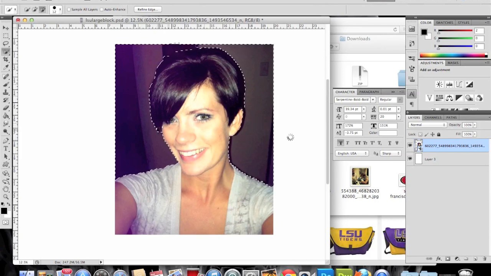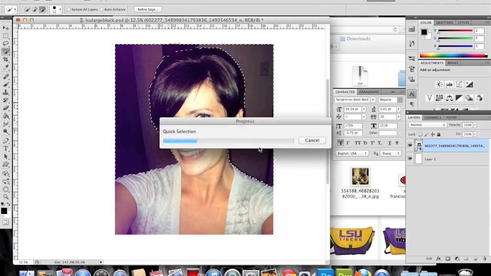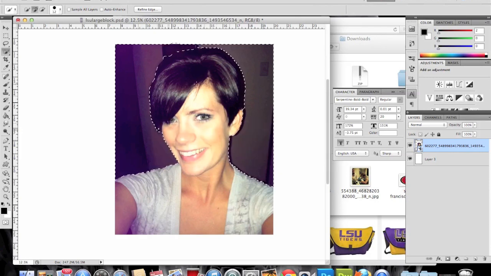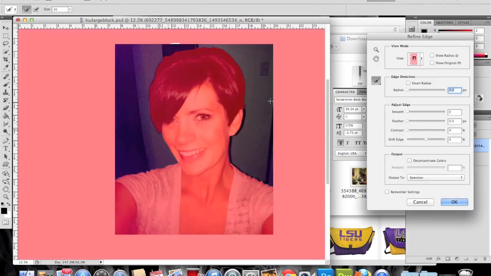Okay. Now, here's what we're going to do. It did a good job. Now, I want you to refine. You see how it says refine edge up here? I want you to click it. Now watch what it does. You see how I did that to her? And you can see how the lines are really jagged. And there's still some hair in there. Okay? So what you do is